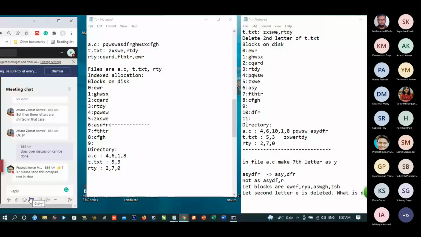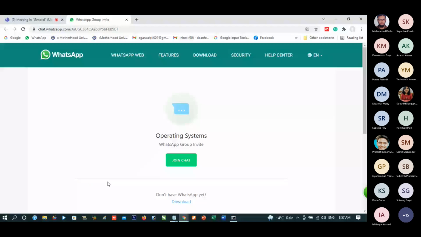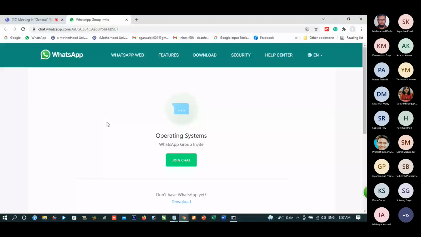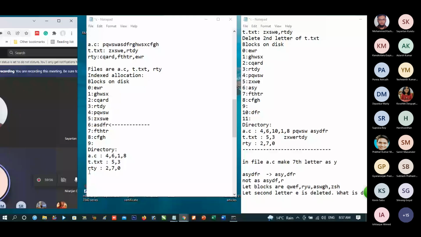What is this, Tushar? Sir, just a WhatsApp group for students. What are you saying? Sir, a WhatsApp group for discussion for the students itself. No, I cannot hear you properly. Please type it.